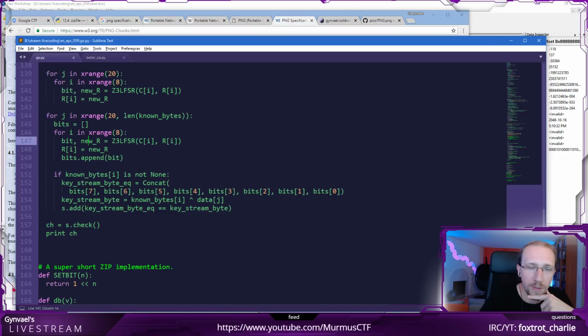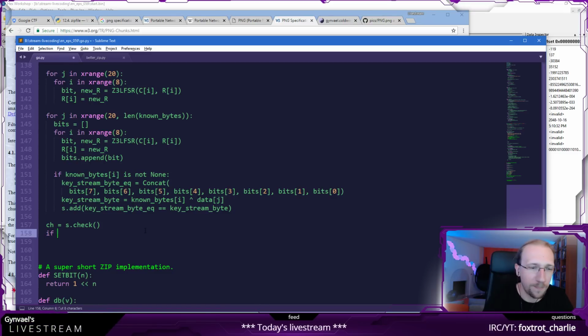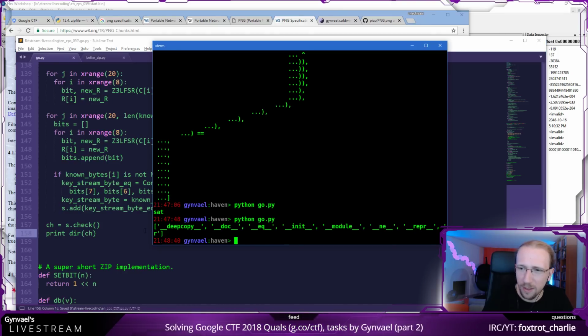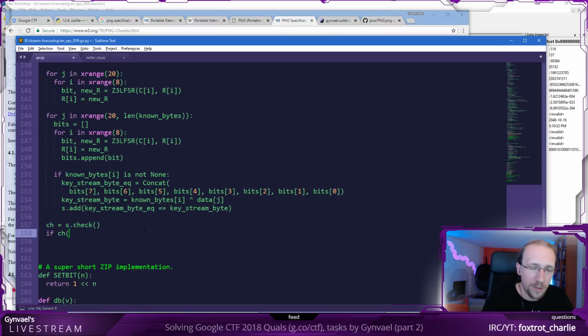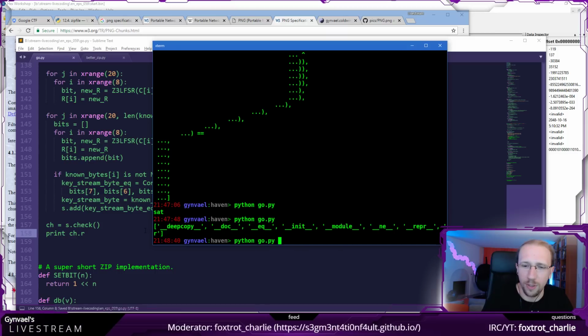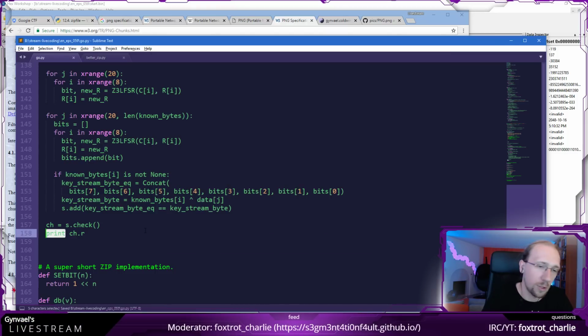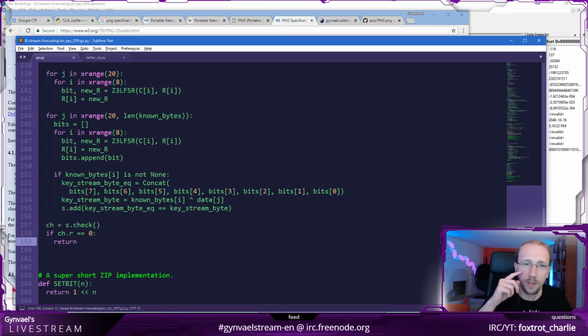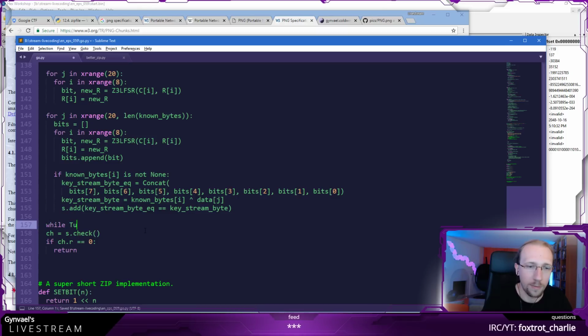So to brute force it is like this. First of all, we check if CA, this is quite funny, I never remember it, like _m or something like that. R, yeah. ch.r is equal to, no, let's print it. I think -1 is actually okay, or 1 is okay. If it's equal to 1, that means it has been satisfied. If it's equal to 0, it means it is no longer able to satisfy it, so it cannot find any other solutions. And that's fine. Let's just get out of here. What I wanted is to get all the solutions.